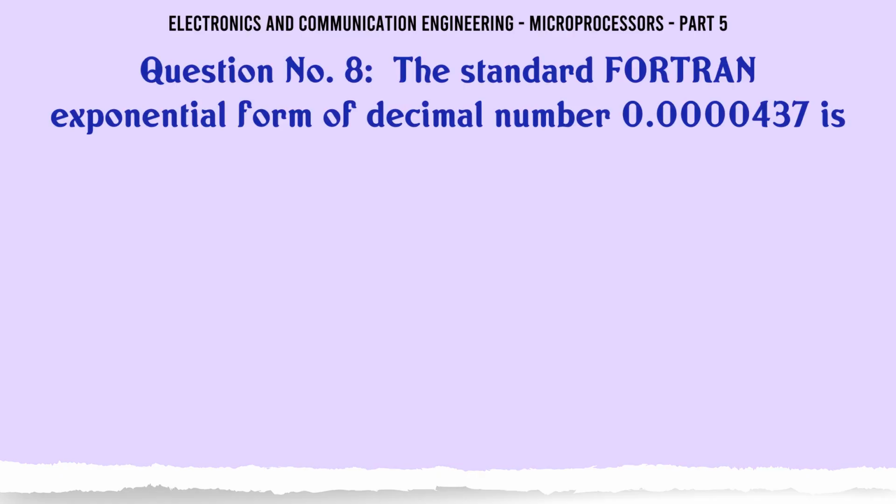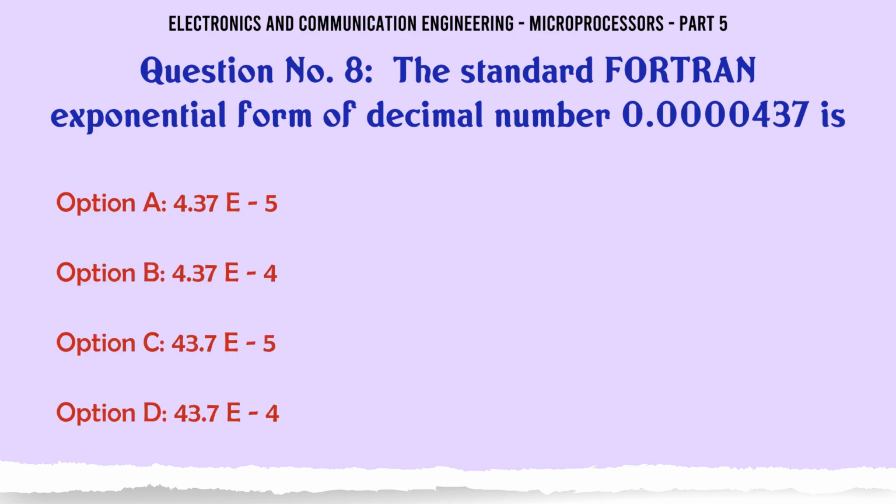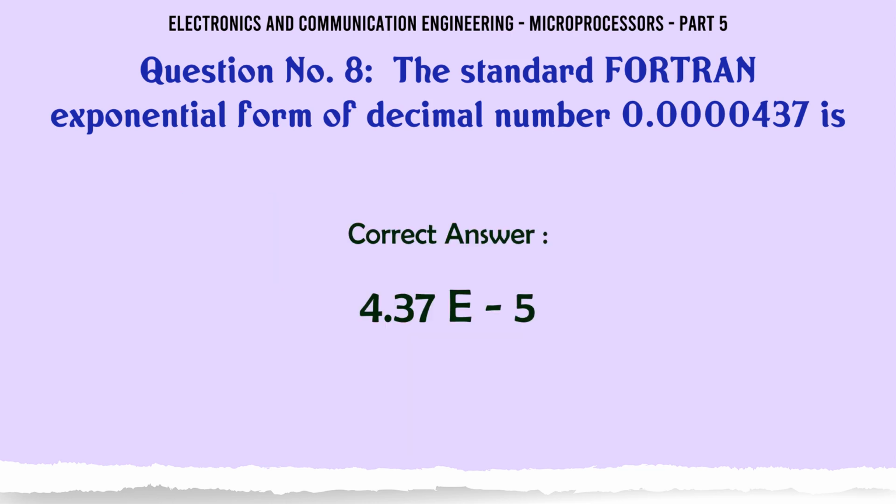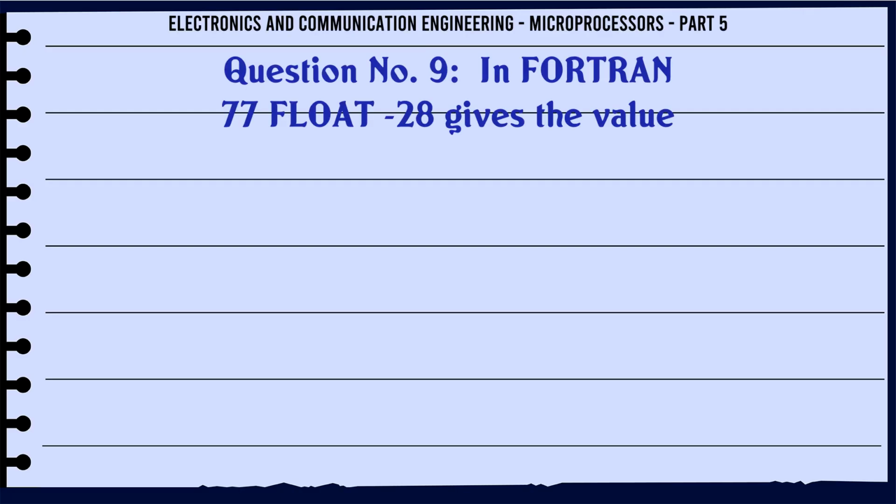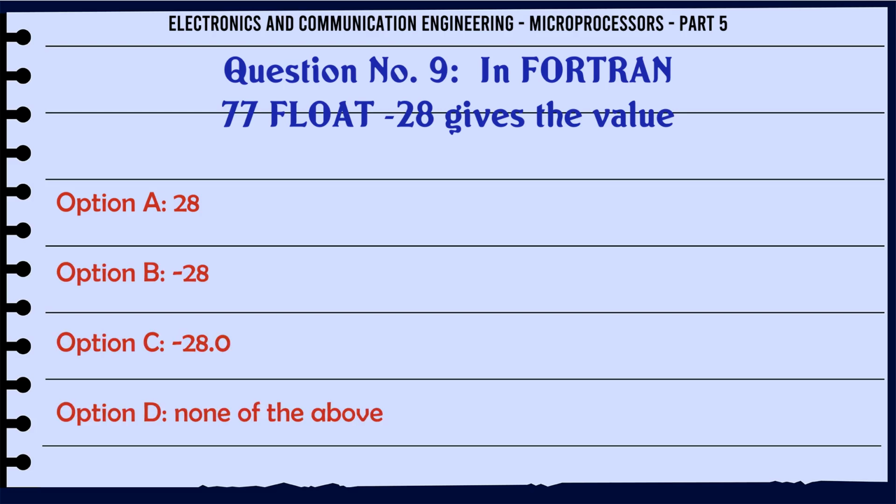The standard FORTRAN exponential form of decimal number 0.00000437 is A. 4.37E-5, B. 4.37E-4, C. 43.7E-5, D. 43.7E-4. The correct answer is 4.37E-5. In FORTRAN 77, FLOAT(28) gives the value A. 28, B. 28, C. 28.0, D. None of the above. The correct answer is